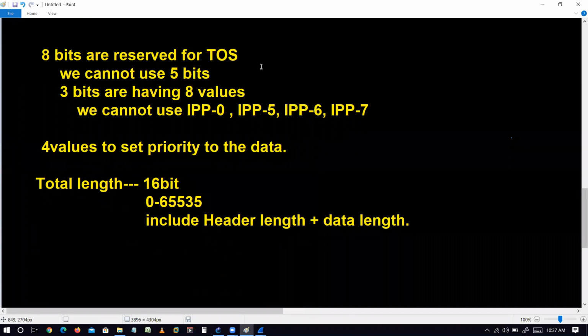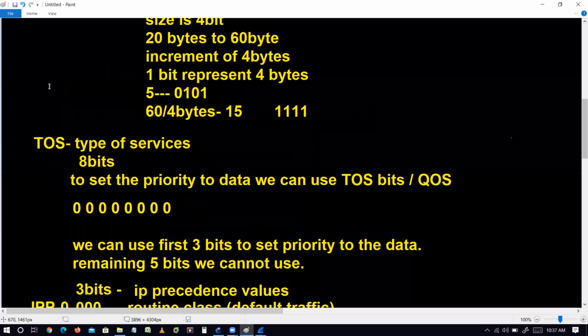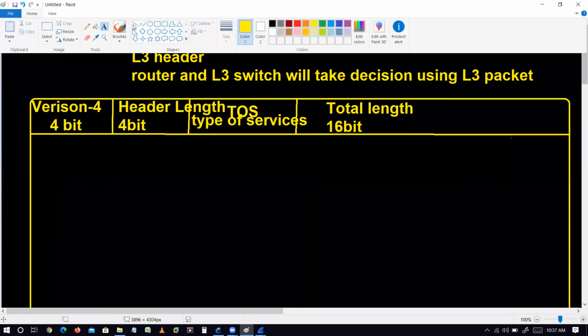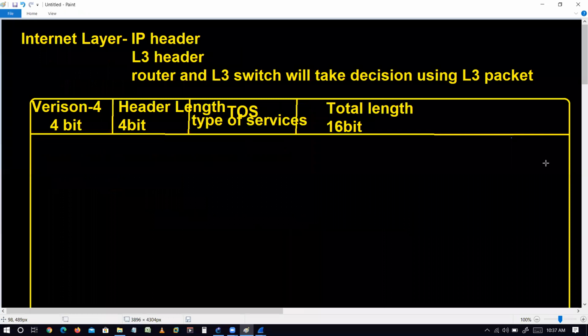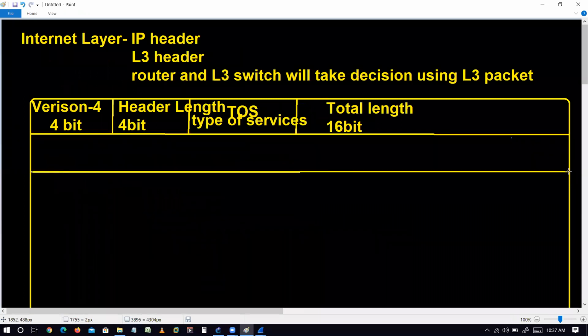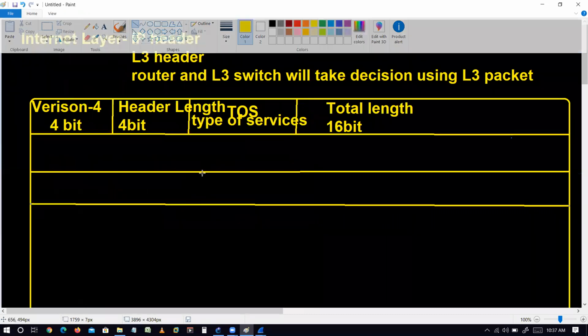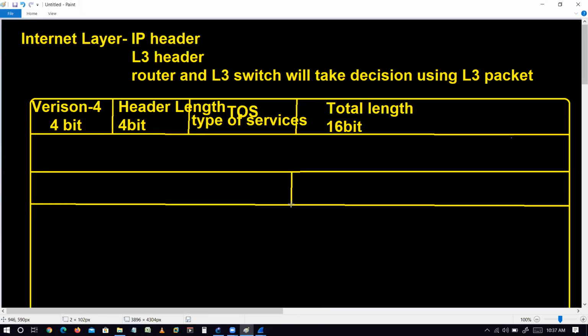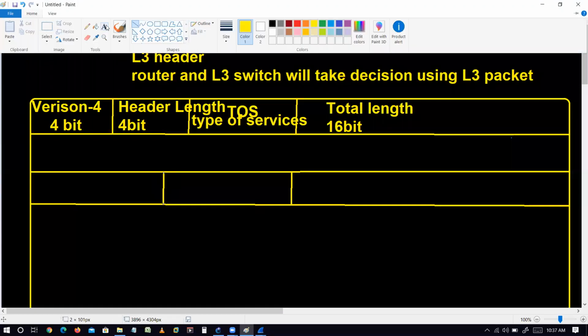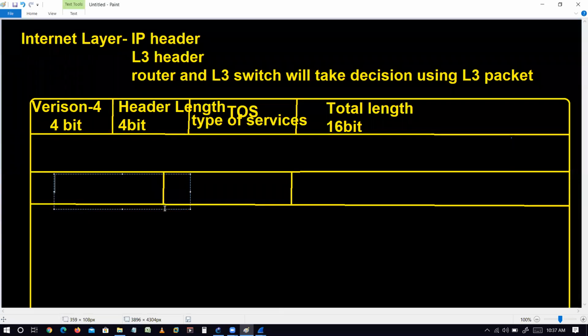Okay. Now, the first line we have done, now the second line. Okay, before the second, I will first discuss the third line. This line I will discuss. This is divided into 3 parts. Here we have TTL and the size is 8 bits.